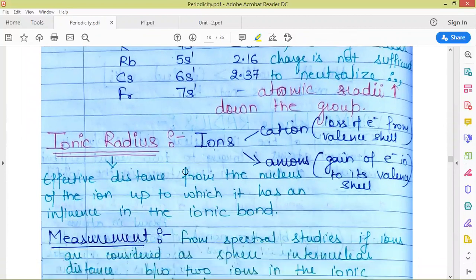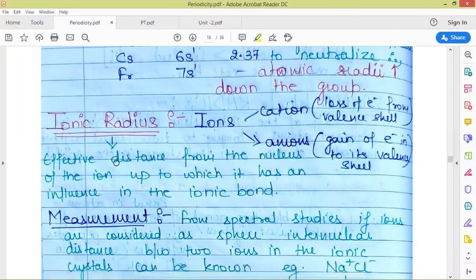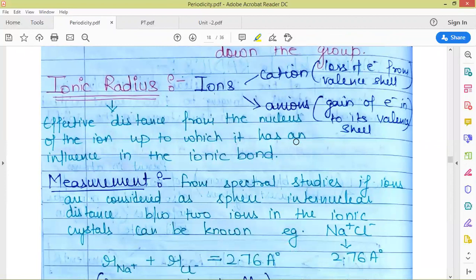Next we have the fourth type of radii, that is ionic radius. Ionic radius is the radius of ions. Ions are of two types, cations and anions. Cations are formed from atoms with the loss of electrons, and anions are formed by the gain of electrons into the valence shell. So, ionic radii can be defined as the